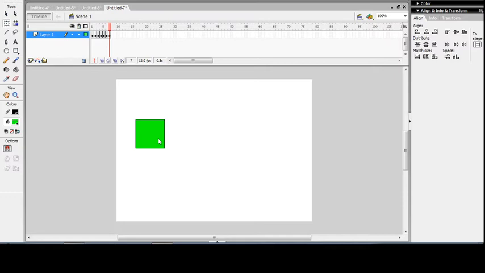Now I'm going to insert a frame. For inserting a frame you have to press F5. So F5, that means I have inserted 3 frames. So this is the keyframe number 7, it will be copied up to the frame number 10, right? And here I am going to insert a new keyframe,